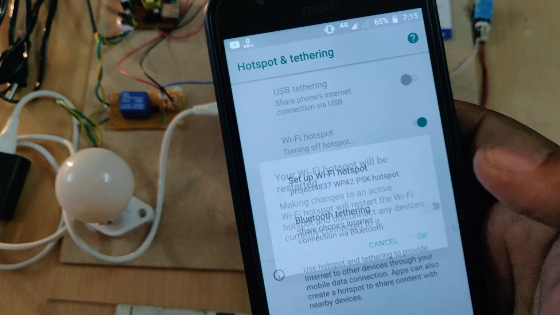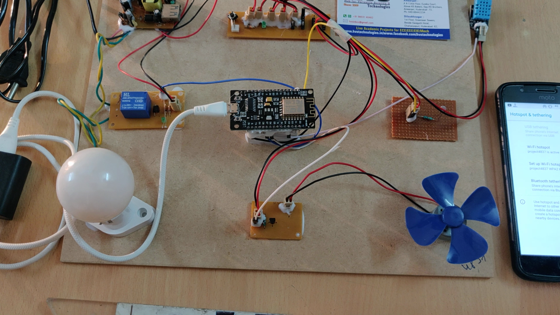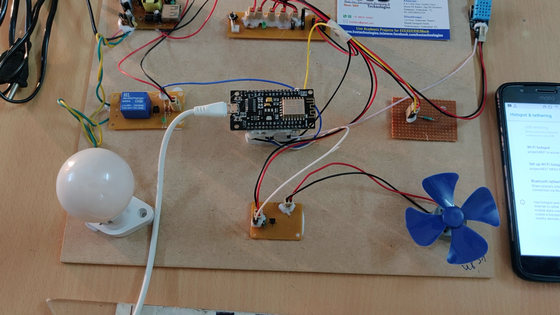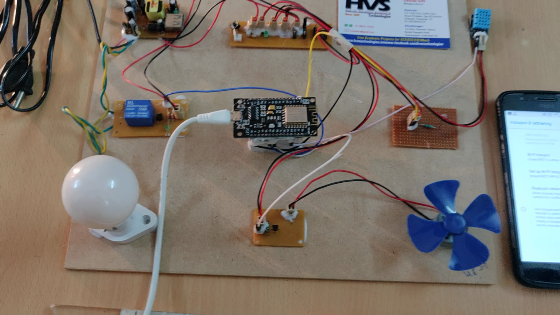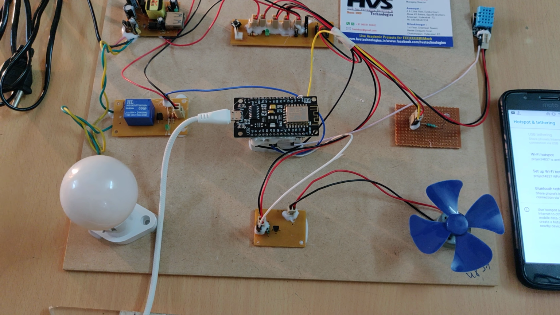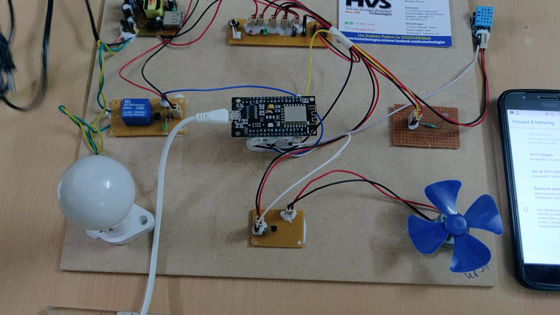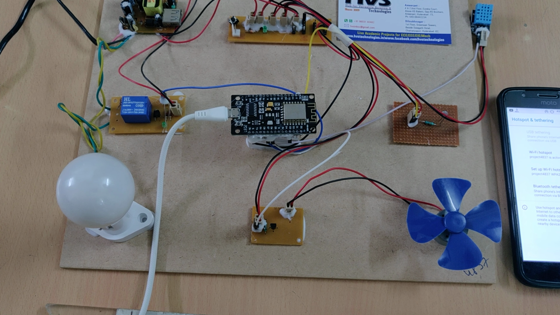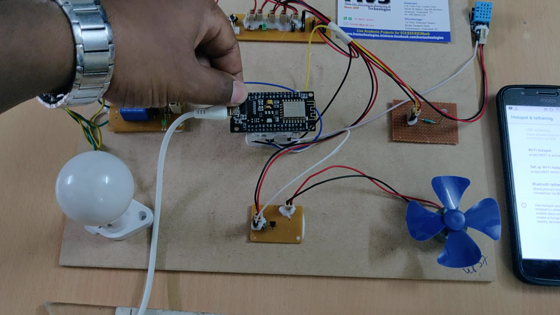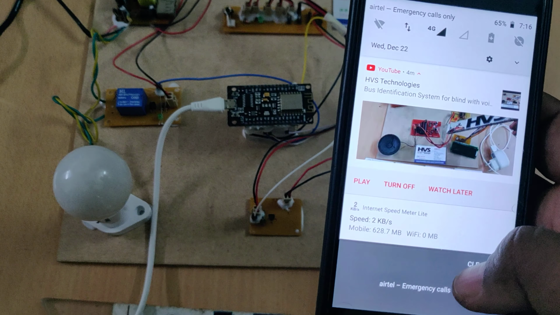Check it properly. If you miss any character, or if you add any extra character, the system won't connect to the Blynk app. Switch on the hotspot as well as the data. And now give the power supply to the kit. NodeMCU got switched on, as well as the main power source for the modules. If we reset that, there will be a blue light indication we can see, and the device will be connected to our kit.